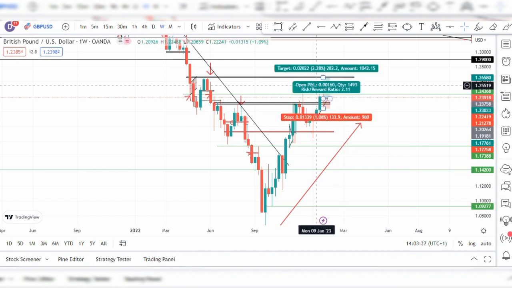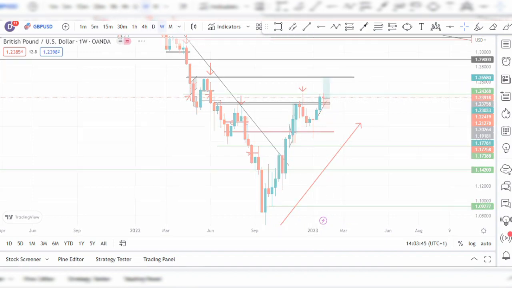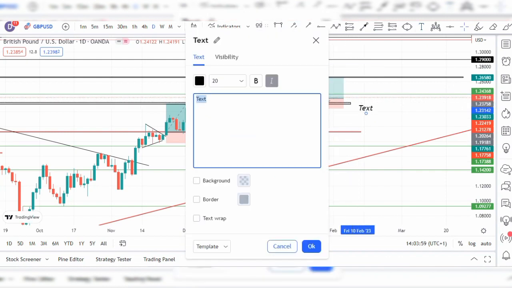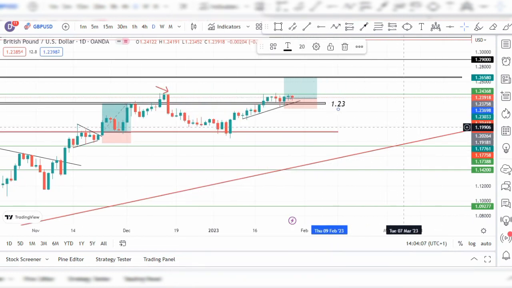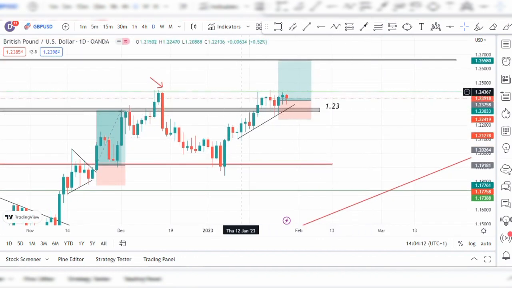gold and Euro USD. And price smashed through this resistance area, this previous resistance area at the 1.23 area, more or less, or zone, because it's not just one particular point. So 1.23 is a key area, and we see price smashing through that, coming back several times to retest that area as well. And then price ended up facing resistance here again at the